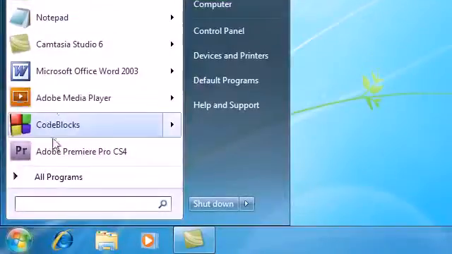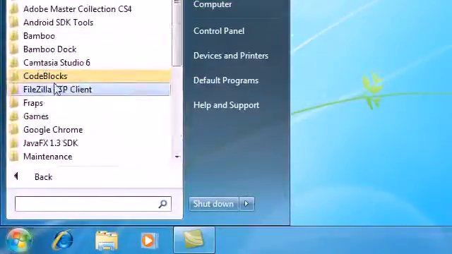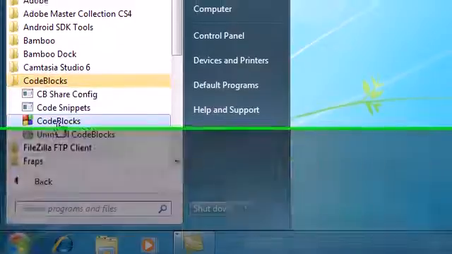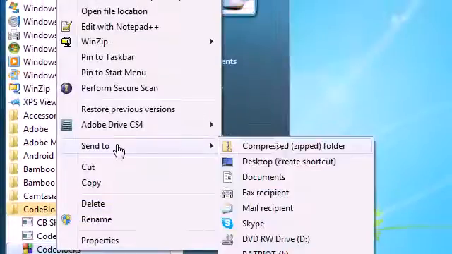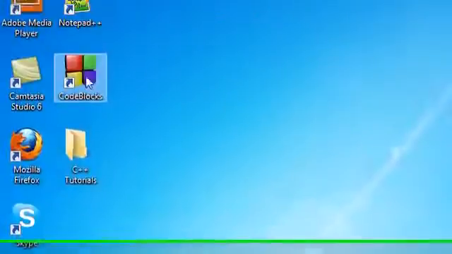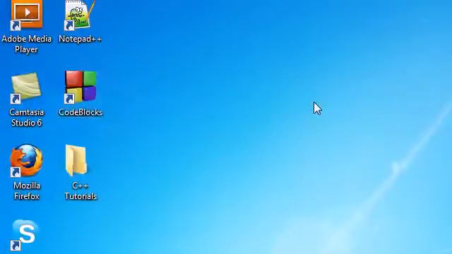Now you probably have it in your all programs. You might have it under CodeBlocks. What I like to do is right click it and just send it to desktop, and what that's going to do is give you a nice little icon on your desktop. But anyways,